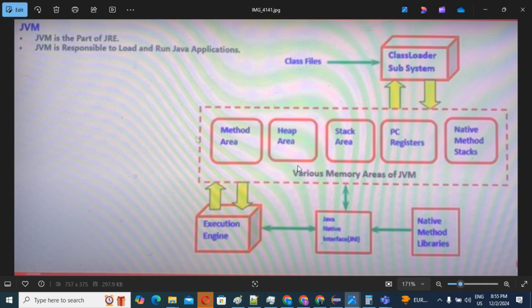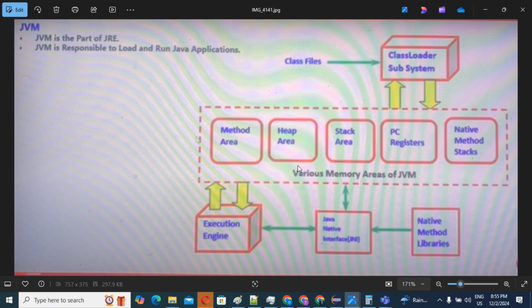But this is not a sufficient definition to explain to anyone, so you need to understand it in depth. The Java Virtual Machine is responsible to load and run the Java application. That is the main important point you need to keep in your mind.